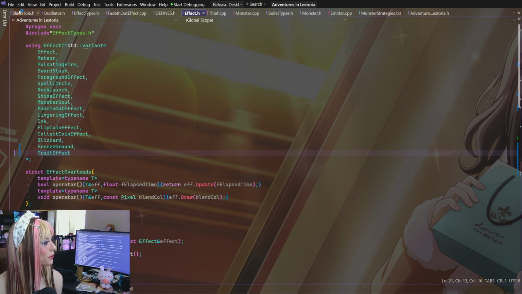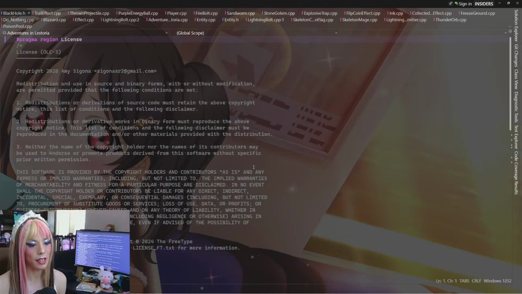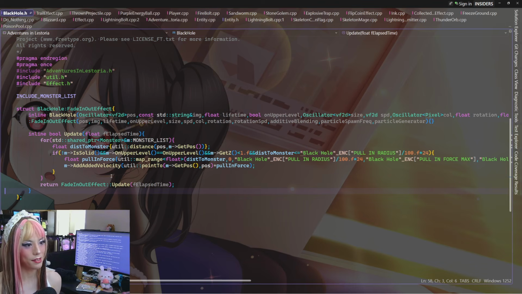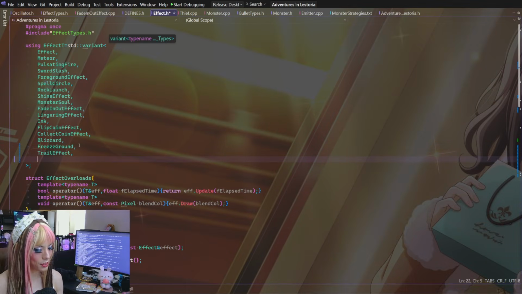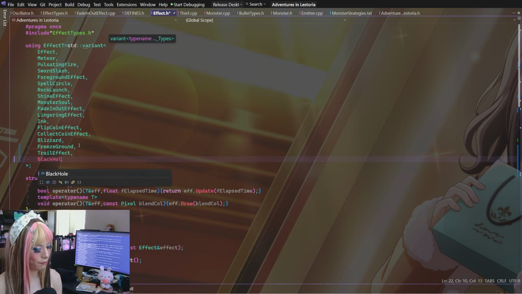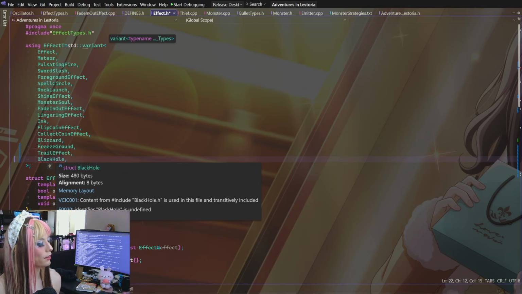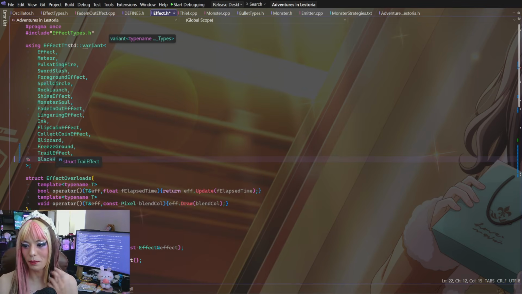So for example, here's blackhole.h, which originally contained these two inlined. We're going to break that up a little. Because essentially what's going to happen is the black hole doesn't exist as an effect type to be added to the variant. And so we need to add it, but by adding it here, it's currently undefined, or it might be forward declared.